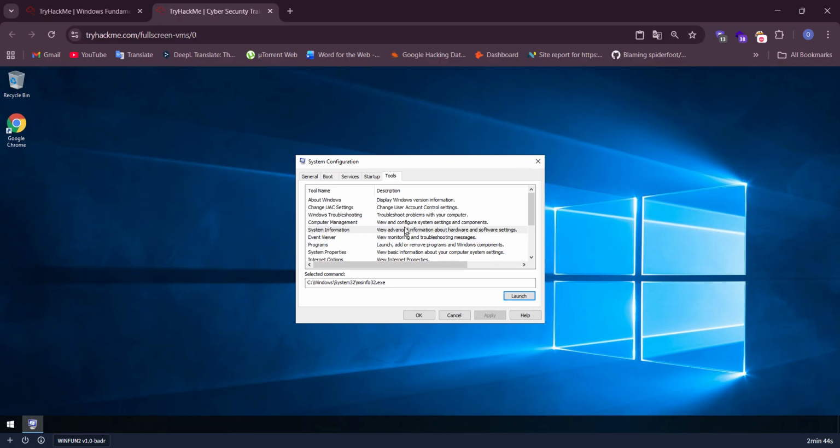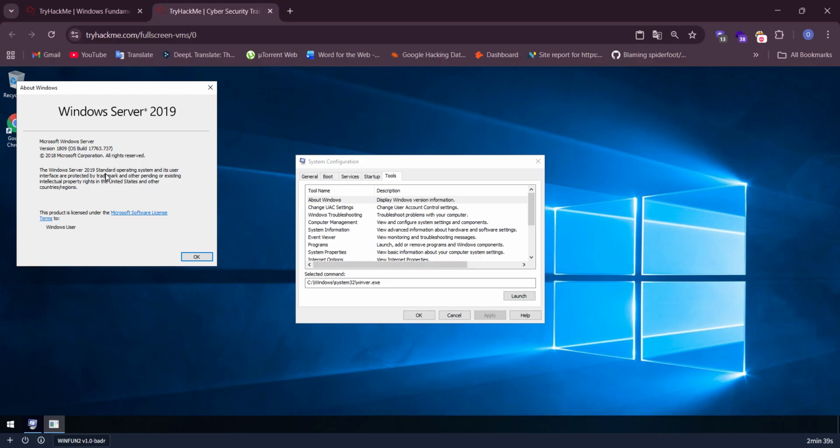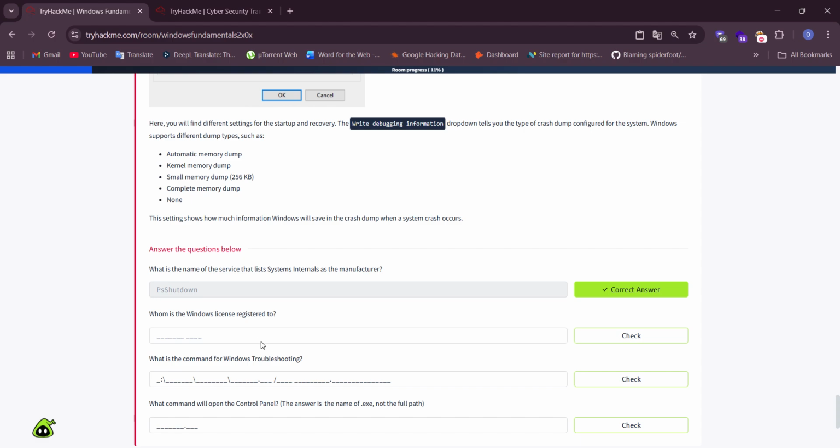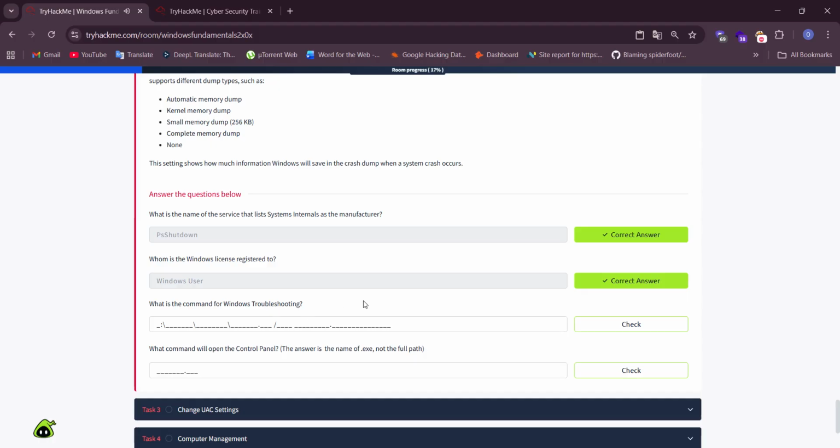About Windows. Yes, we will use About Windows, and this product is licensed under the Microsoft Software License to Windows User. What is the command for Windows troubleshooting?